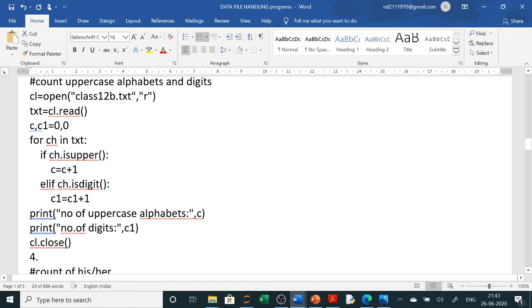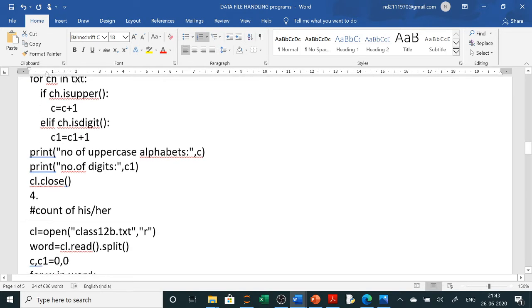The for loop reads the characters one by one from this text, because it has the complete file data. If that character is upper, that is a capital letter, it will count in C, and if it is a digit it will count in C1. After coming out of this loop, it will print the number of uppercase alphabets is C and the number of digits is C1.